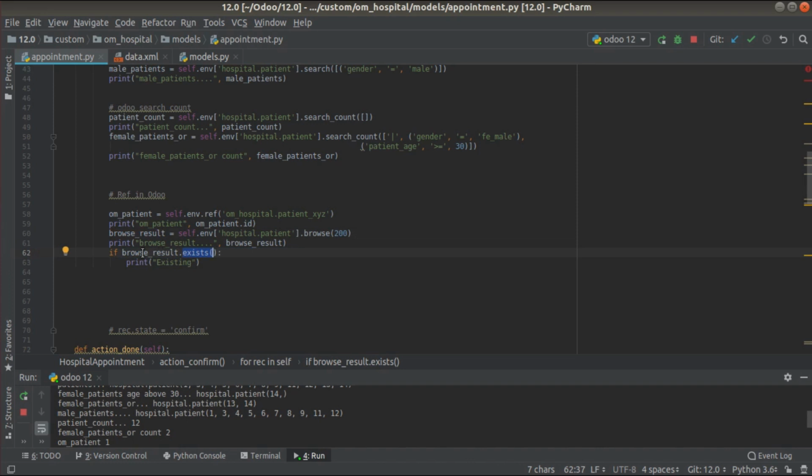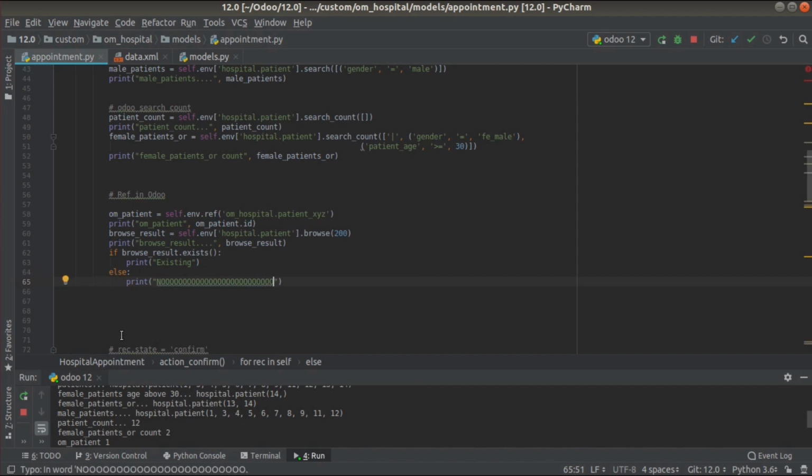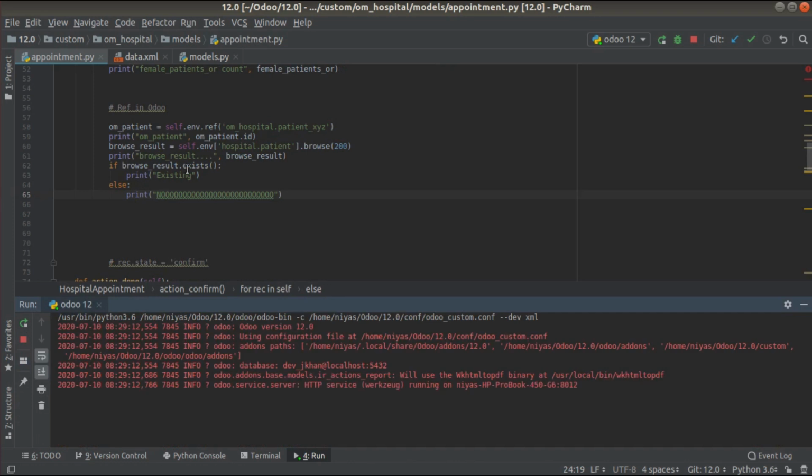If it exists, it will print existing, else for a non-existing record, I'll be printing a big no. Most probably we will be getting the else part, that is, exists will search whether the record exists inside the database or not, and in this case we will be getting no. So let's confirm that.